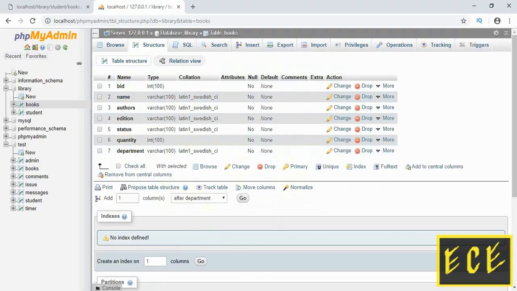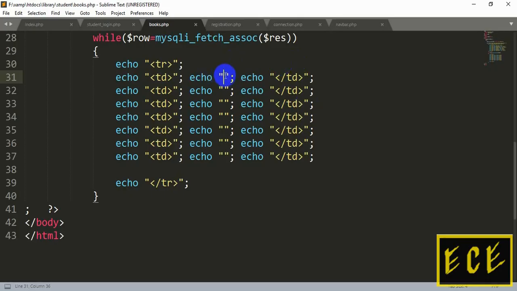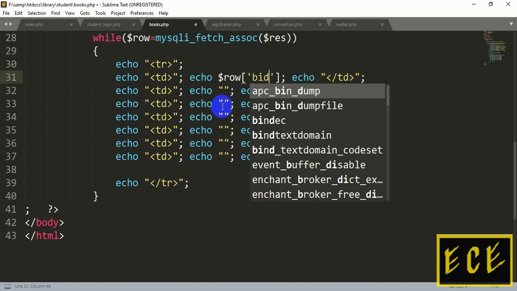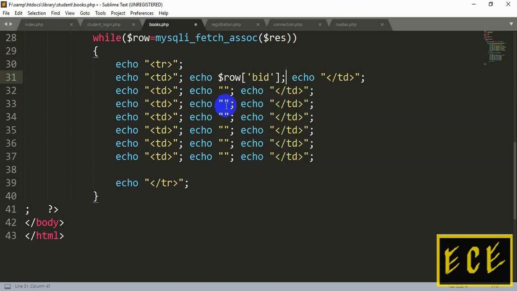Because we will get these values from the query that we will run, the values will be fetched and fed to the variable row. So we will need to refer to this with the row variable. In PHP, if we want to echo a variable, then we don't need the double quotation. We will directly write this variable name, and then inside the third bracket we will add the column name. So $row, and then inside third bracket, inside single quotation, we will write the first name of our column, and then